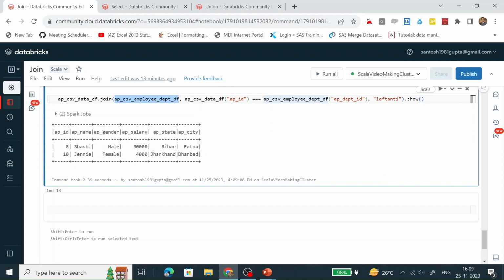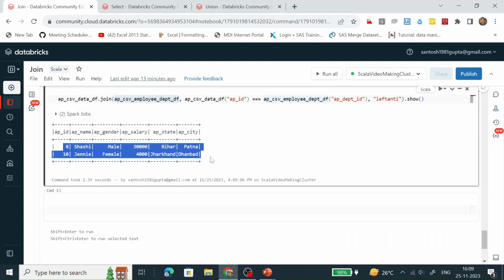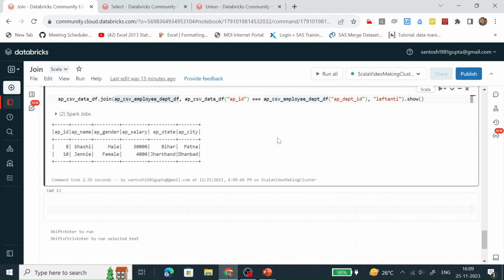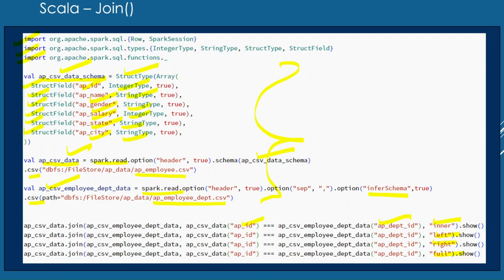That's why these 2 records are populating. So in the left anti join, the data will come from the left table which is not present in the right table. Let's go to the PPT.